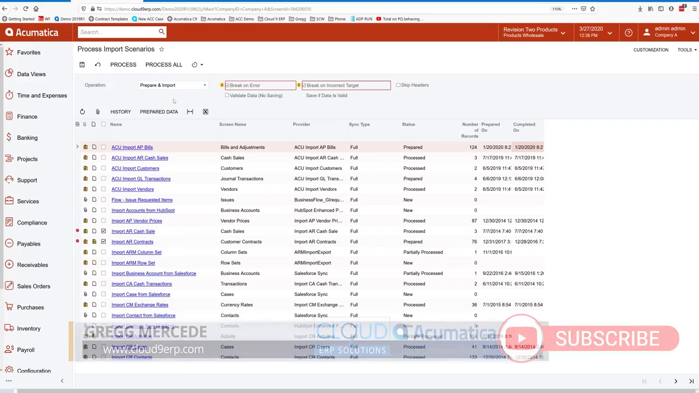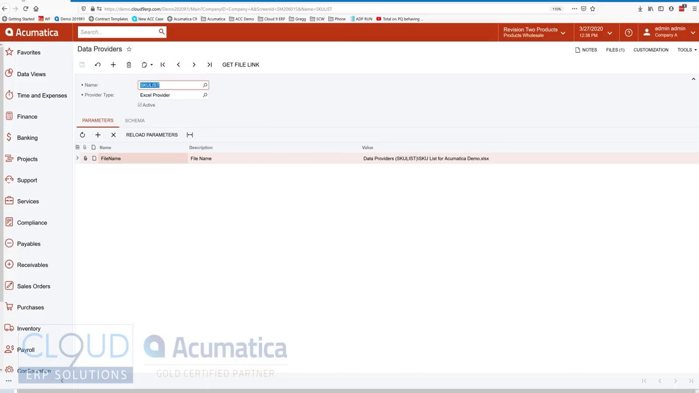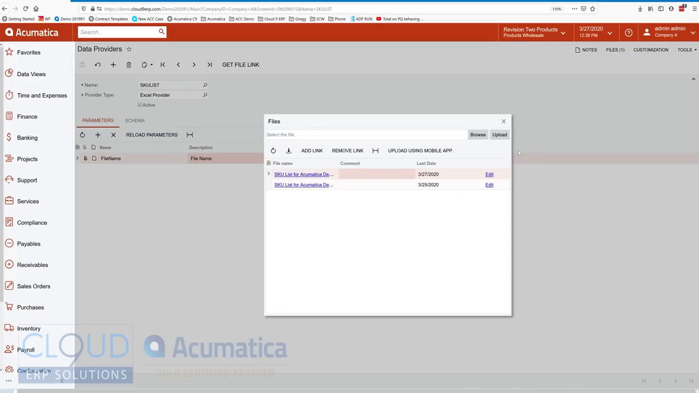Now, the next question you might have is, well, Greg, how do I have dynamic data? Meaning, if I'm going to import every day, how do I get a new spreadsheet or new file into the mix so that it makes sense to do an import every day? So if we go back to our data provider and we take a look at our file, we'll click on Files, and notice this is the file that we uploaded. We uploaded a new version minutes ago. If we click Edit,